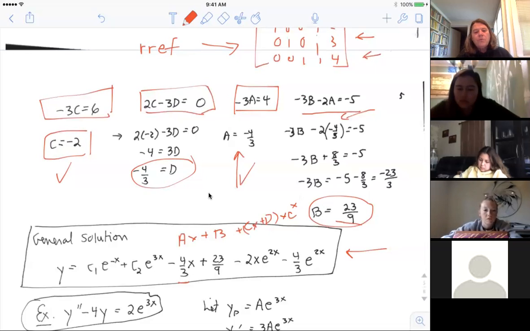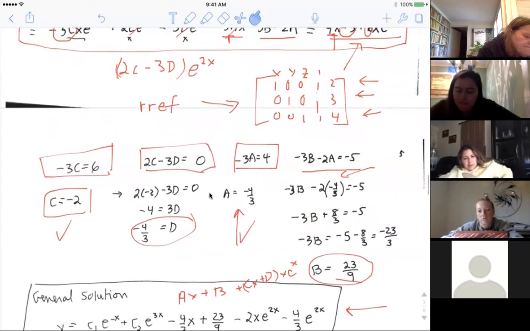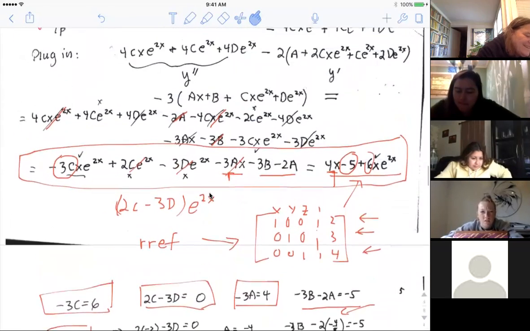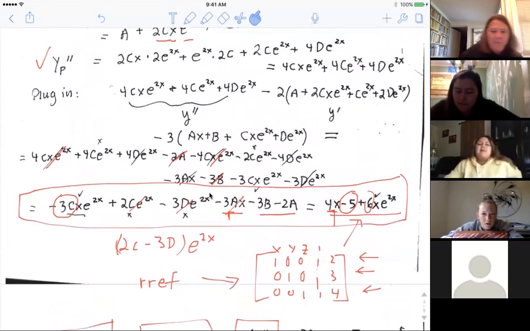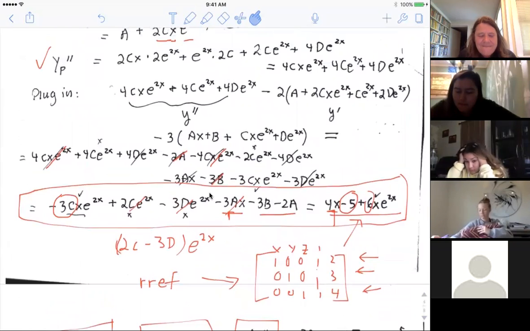Can you scroll back up to when you were simplifying that mess of stuff? Yeah, there it is, and it's all marked. Haley, do you have a particular question, or are you just trying to write it down? Yeah. Sorry, that was my pen. Okay.